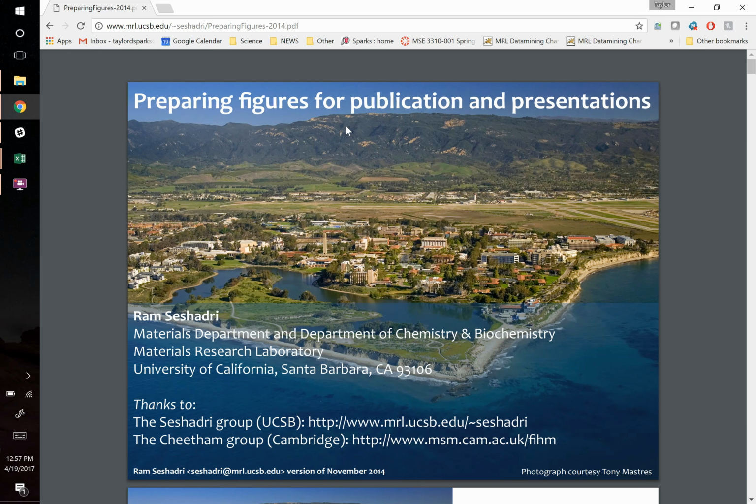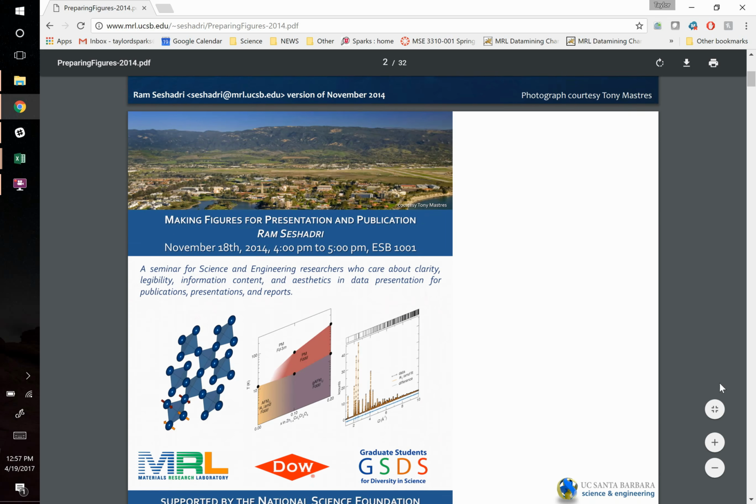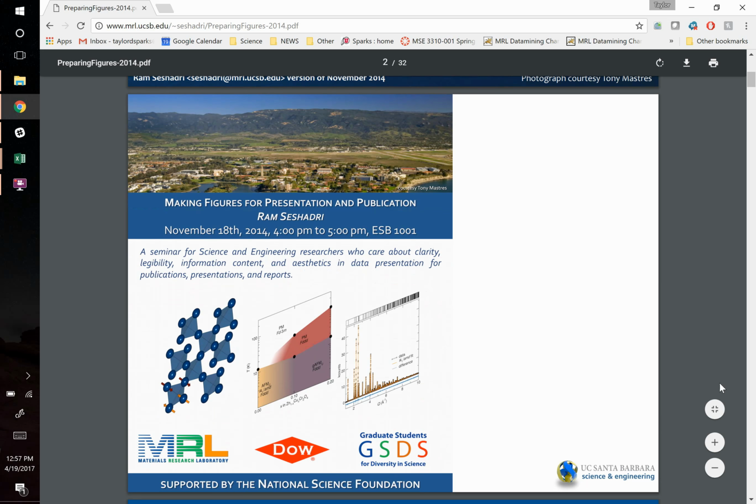But here's some of his opinions on how to make nice figures for publications and presentations. And it goes back to some of the stuff that we talked about last time, that if you're going to spend all this effort and time, you ought to make it worthwhile. You're going to spend on average, per publication in grad school, probably a year of your life roughly that goes into it, maybe a little bit less. So if you spent all this time, and a year of your life means quite a bit of money, probably around 100 grand of total expenses went into something,